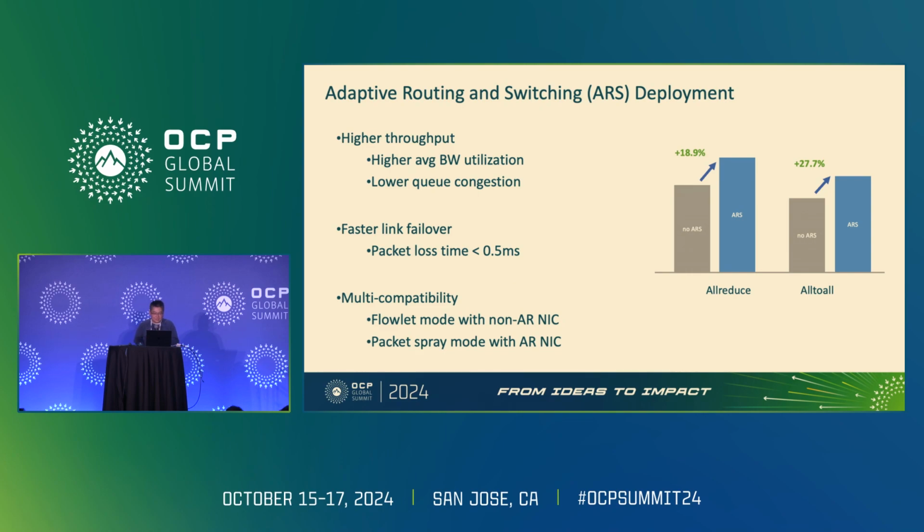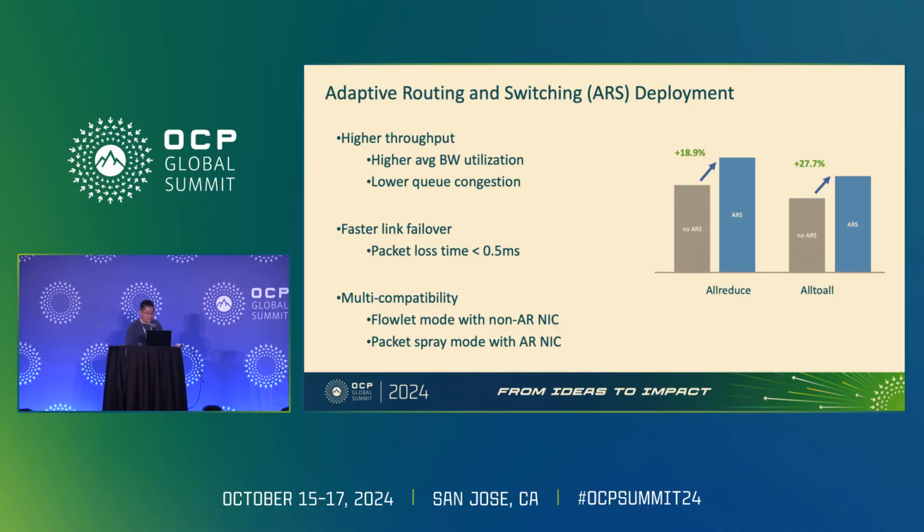So now back to the load balancing. We have actually started the deployment of ARS into our production. And we support 2 modes. One is the ARS flowlet mode, and the other is the packet spray, which in the formal term is called ARS per packet mode. The reason we adopt 2 modes is to accommodate the AR capability at the host NIC side. From the deployment, we do observe higher throughput and a faster link failover from the fabric perspective